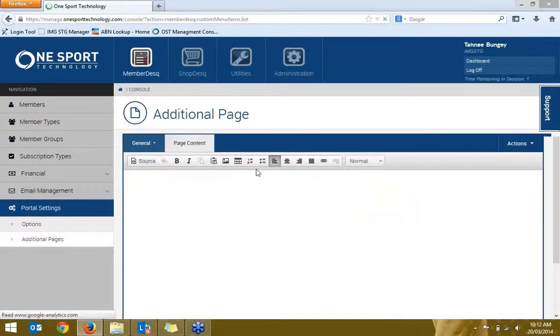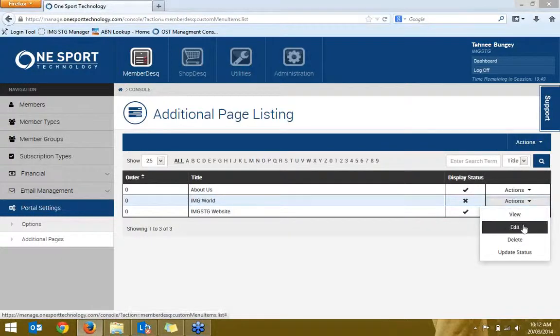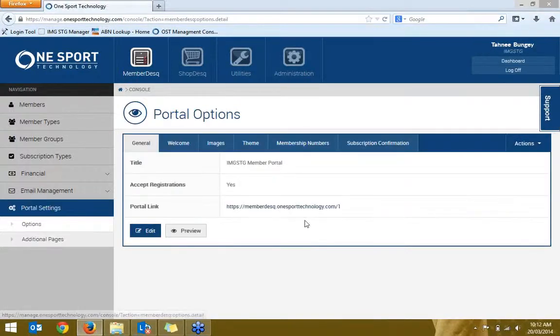If we then go back to the additional pages, you've then got the ability to say whether the page is displaying. So the tick or cross is that it's not displaying, and then you've got the ability with your actions button to edit, delete and update that status. So if we go back to the portal options and we have a look at the front end of the portal, so if we click on the link,